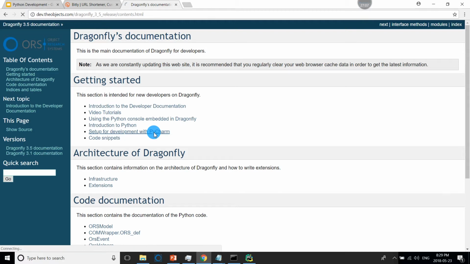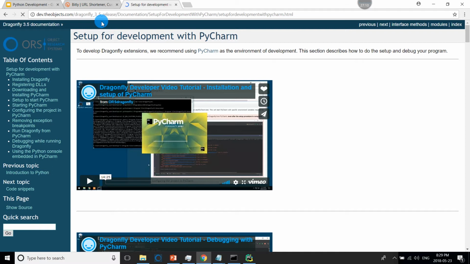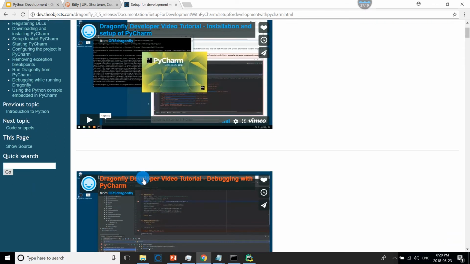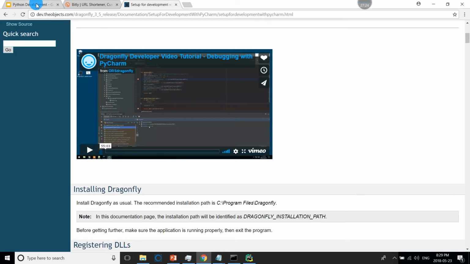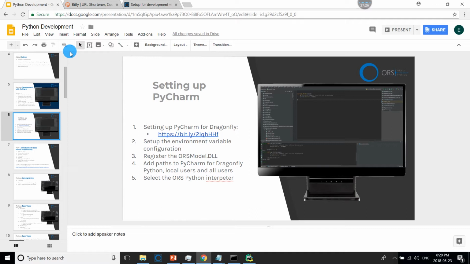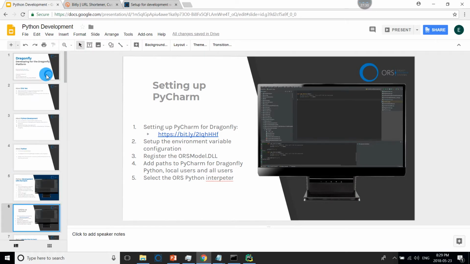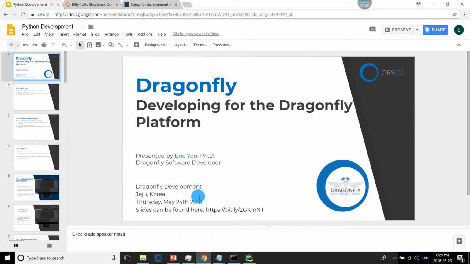And if you forget, all of these steps you can find online. We have a developer documentation website. It's dev.theobjects.com, and it will bring you to the latest version, the current version of the documentation.